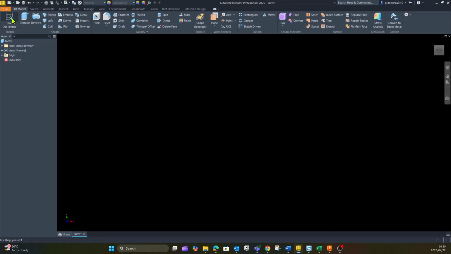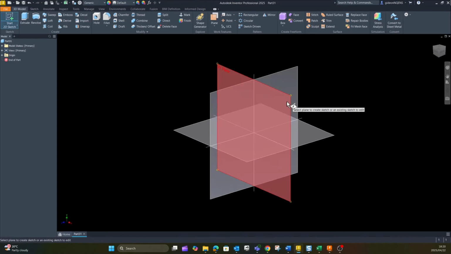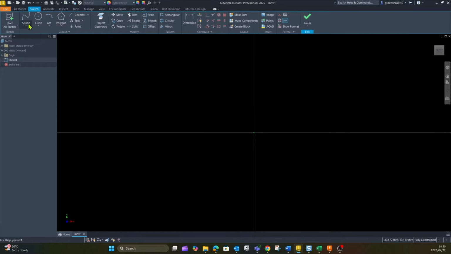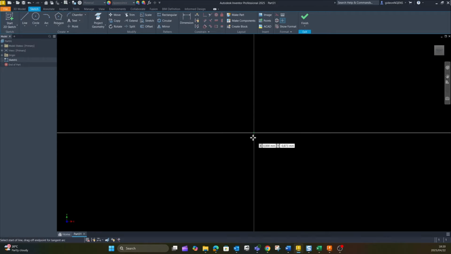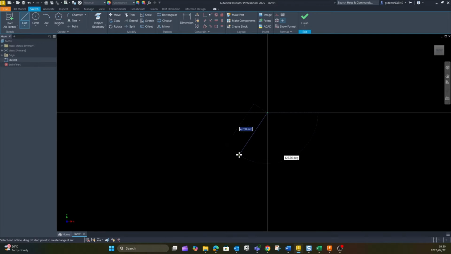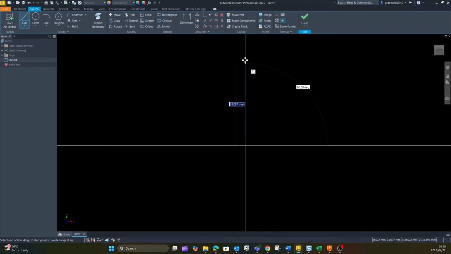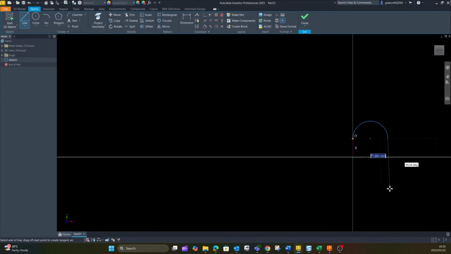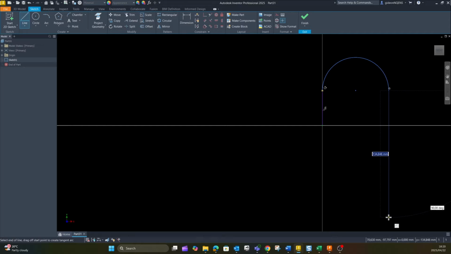and from here we'll create a normal drawing. I'm going to use the line command and draw a simple shape. So I'm drawing a line, drawing an arc. If you draw a line and hold in your left mouse button, you'll be able to create an arc, and that arc would already be tangent. So I'm just going to create a nice profile here,